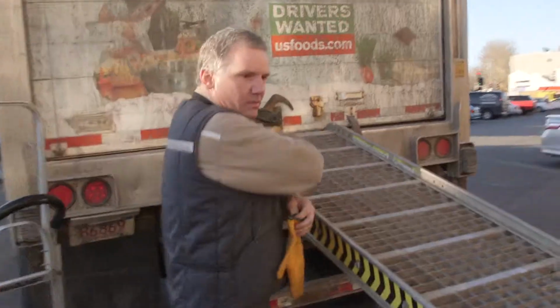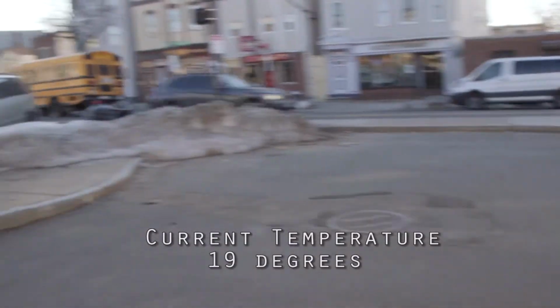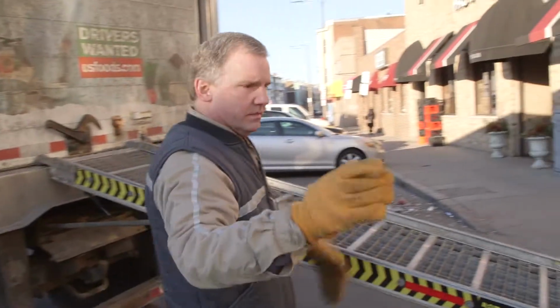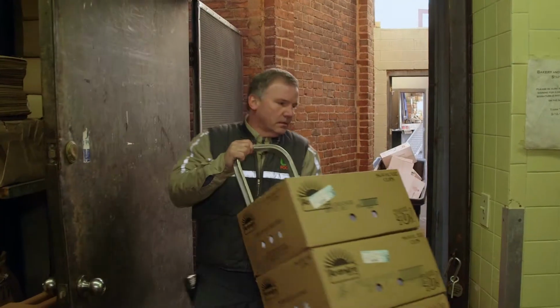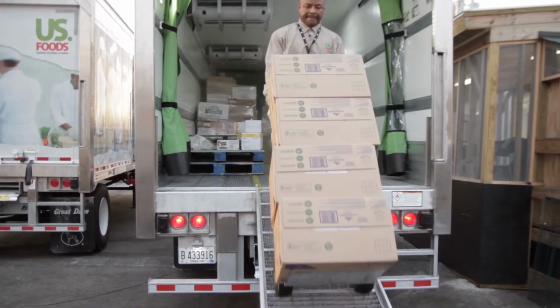Winter time, this was all snow. We parked over here, and you had to walk all the way around. You couldn't get in here. And there's 2 or 3 cars that were buried in snow. So this was nasty. You will need to keep your environment in mind, especially while moving heavy items from the